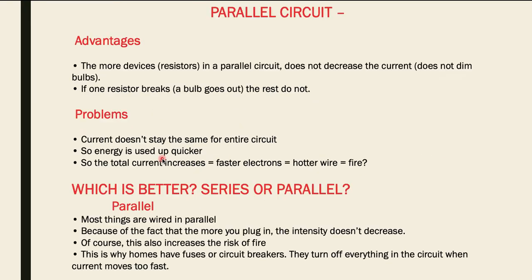Next, the parallel circuit has an advantage: adding more devices, which means resistors, in the parallel circuit does not decrease the current. If one resistor breaks, the rest do not. If one bulb breaks, the remaining bulbs will still glow. This is the advantage of the parallel circuit. Problems: current does not stay the same for the entire circuit, so energy is used more quickly. So the total current increases. If the electrons move faster, the total